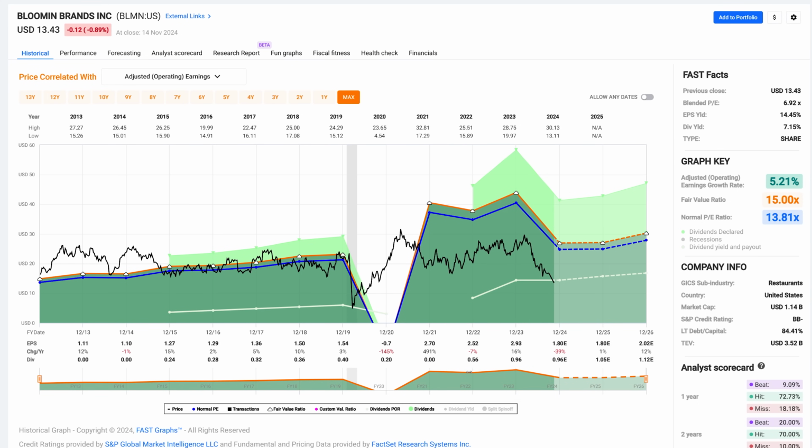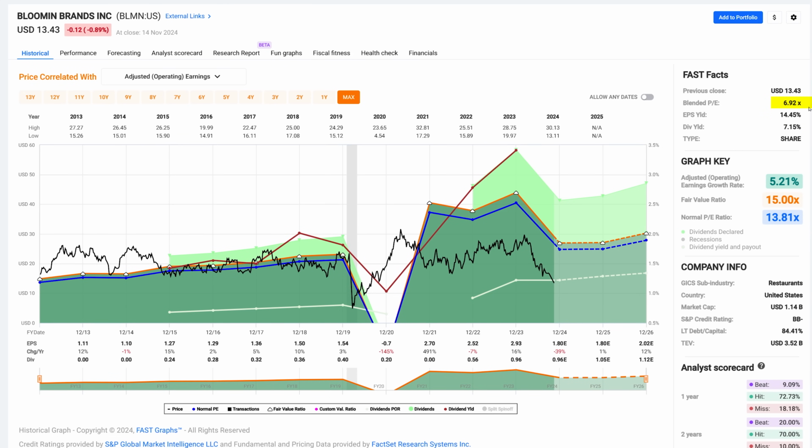Now, the company has restated a dividend. They paid 56 cents in 2022, 96 cents in 2023, and are expected to pay that same amount this year. But because the price has gotten so low, if I put the dividend yield overlay here, I want you to notice that the dividend yield is the highest it's been, at obviously the time when the stock price is the lowest it's been. We currently have a 7.1% dividend yield.